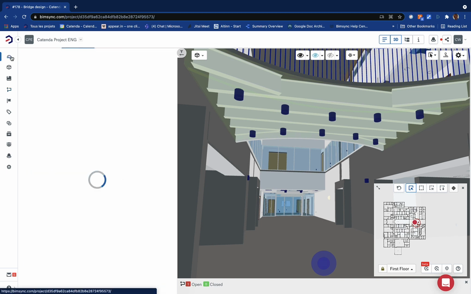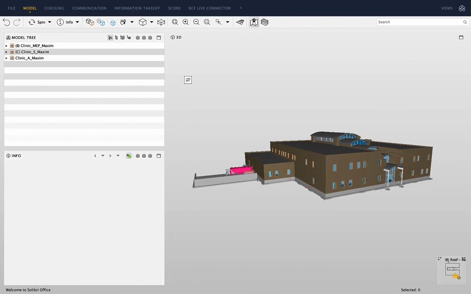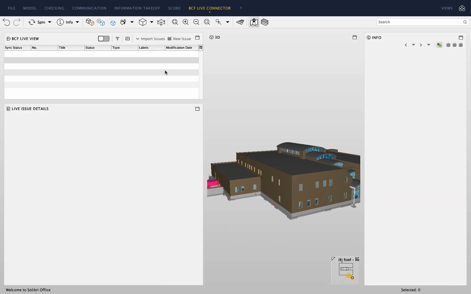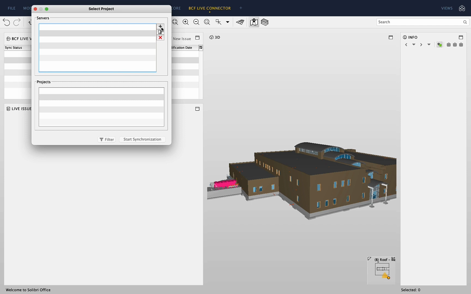So now let's go to the BIM coordinator role. I will open, and it's ready here, Solibri. In Solibri, you have a setup that's called BCF Live Connector. And when you're using this, you will be able to connect directly without import or export with Bimsync. So I will set up a new server